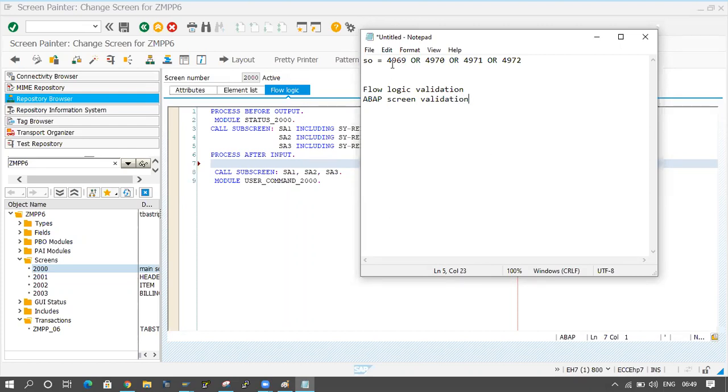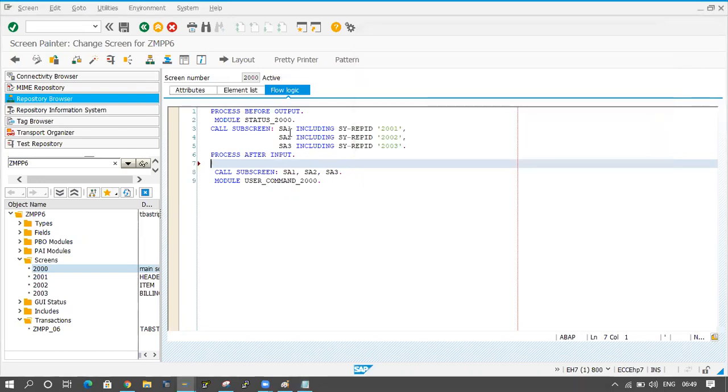So if you want to take the sales document number like this, any one sales document number you have to pick, at that time we have to go for flow logic. In the flow logic only I'm giving the logic here.